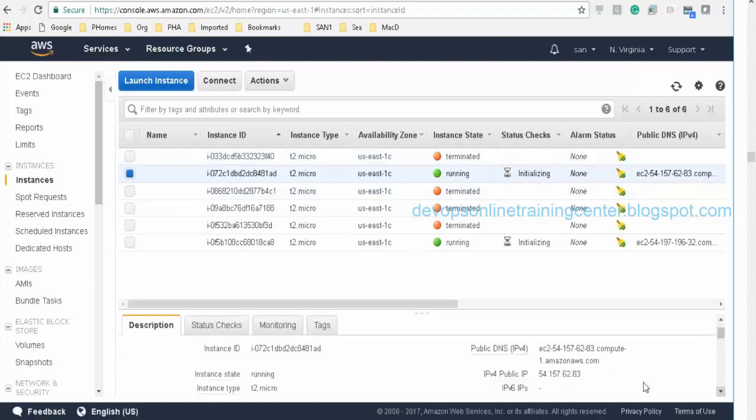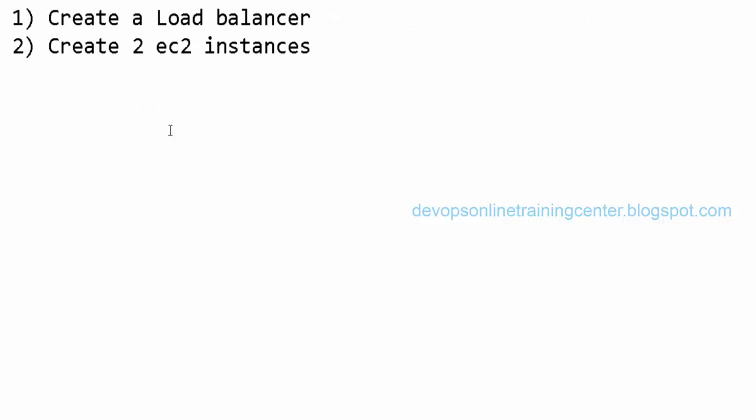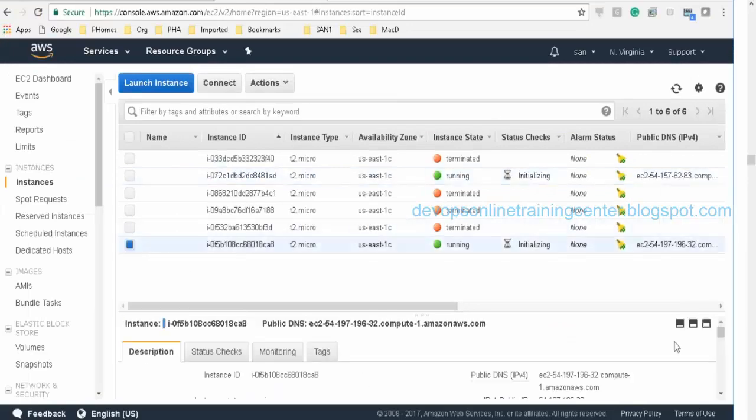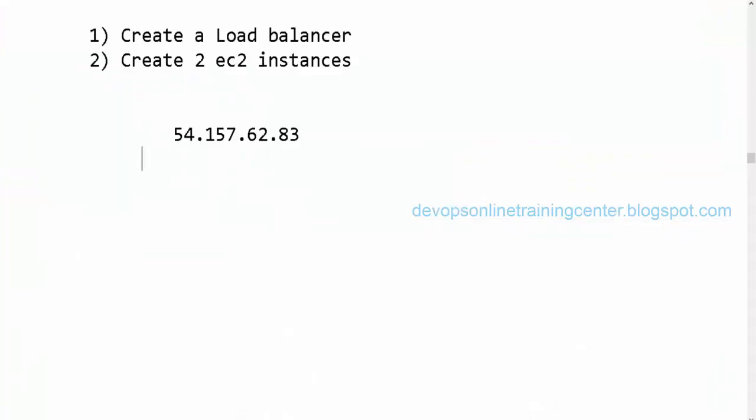The instance will have one public IP, so we'll just note down this. This is the other instance, ending in 32 and 83. Consider this as server 1 and this as server 2.